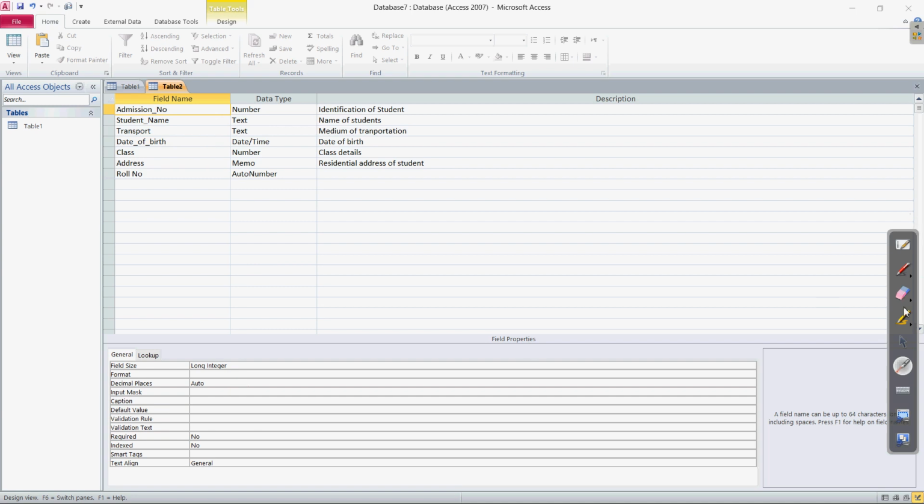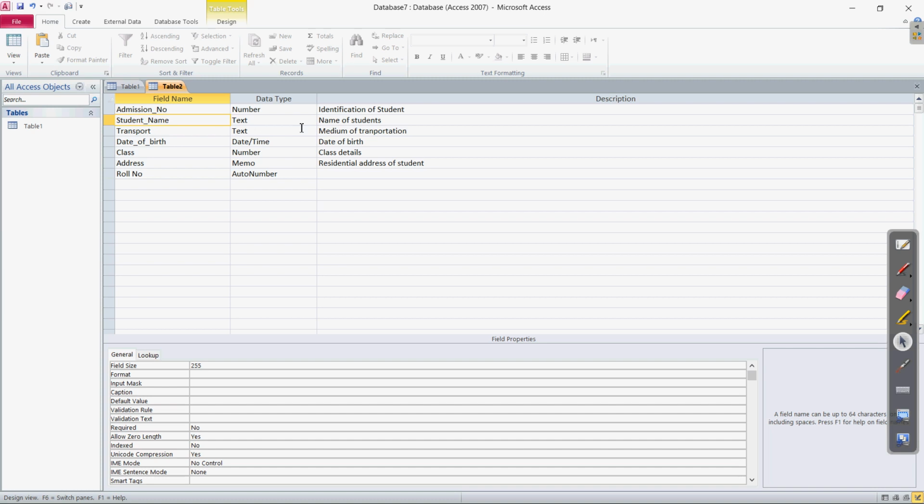If I choose the next field name, student name, you can see the data type is text and the field property changes, and this field property is related to text. As we discussed previously, the text data type has a limitation of 255 characters, and the same is visible here.